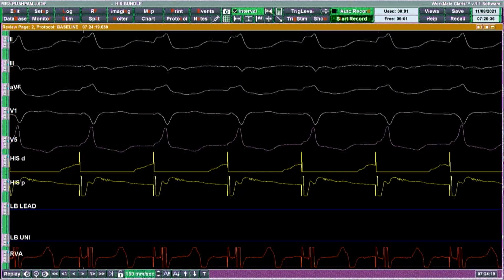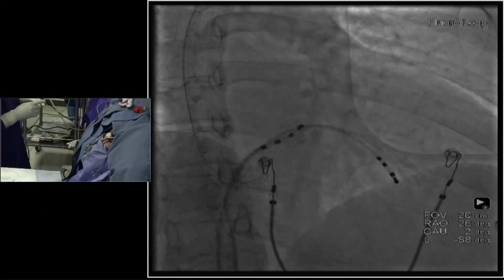So I'm in the right atrium, and my catheter is in the right atrium without the stellate. So the movements. Can we focus on the fluoro screen, please? Switch over to fluoro. Fluoro. Yeah. So my catheter is in the right atrium.